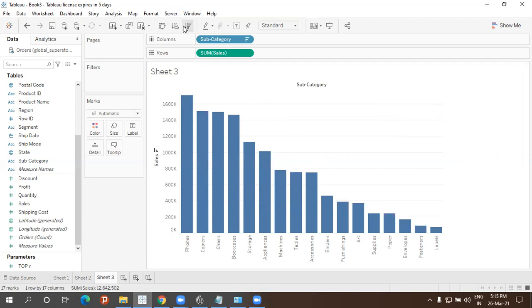So just take sum of sales and subcategory. Taken. So now what I will do, the easiest way. So here I'm going to show the easiest way of doing the steps. Then let me tell you how to use the sets in the parameters also.